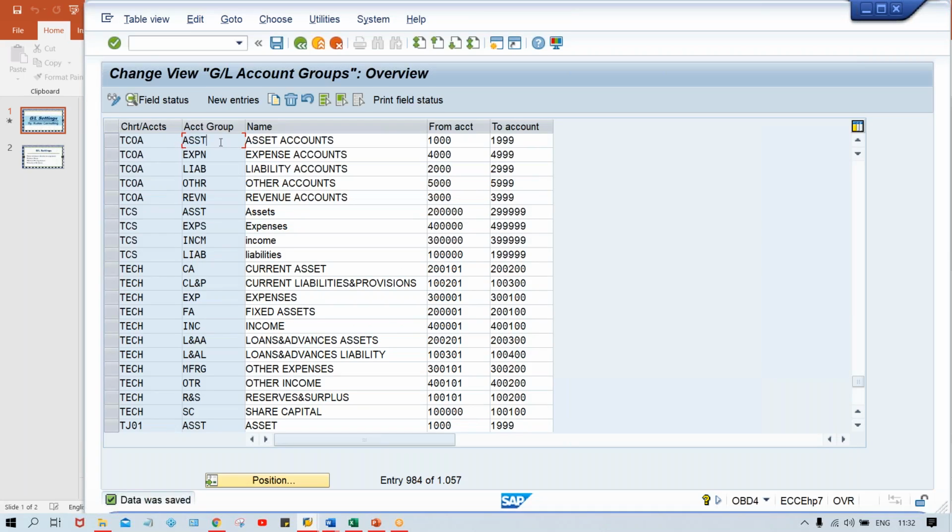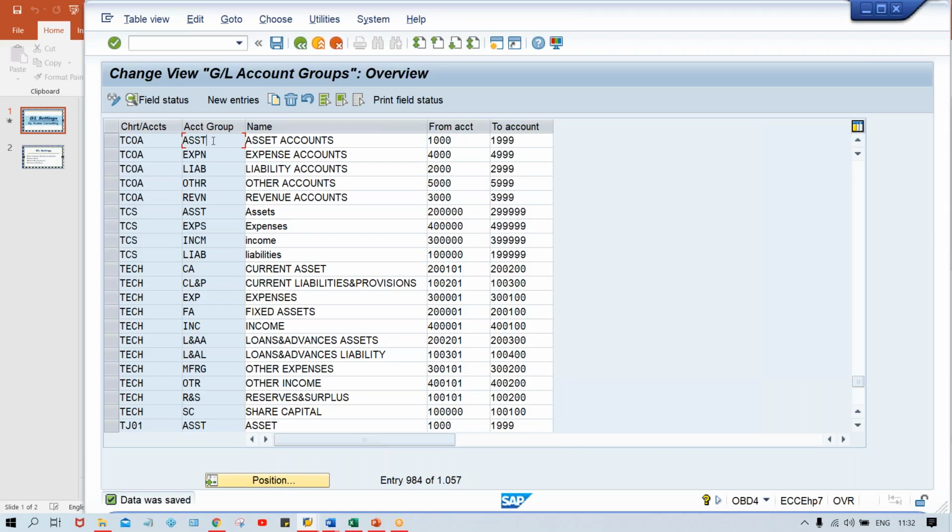Okay, but this setting is not applicable to other account groups, because under expense different settings are there. Hope you guys are able to understand. This is a very clear picture. I'm explaining all these things very clearly, and practically showing how the fields are getting controlled, so that you guys will never forget.